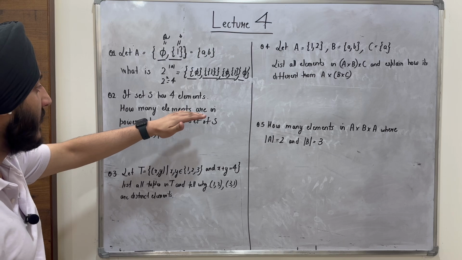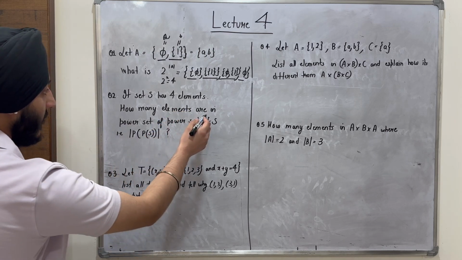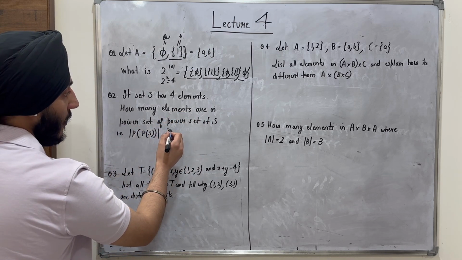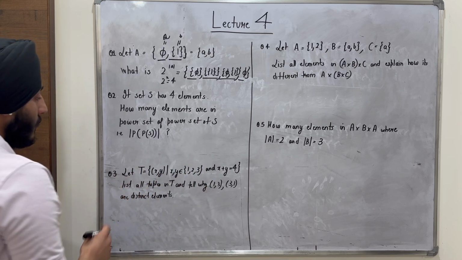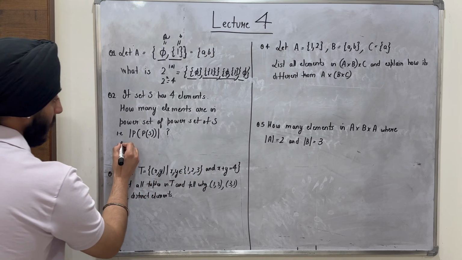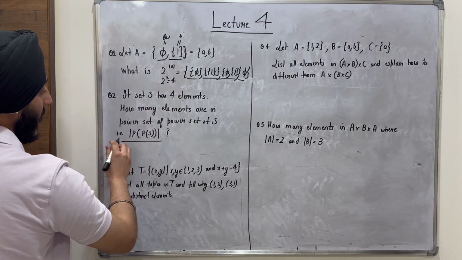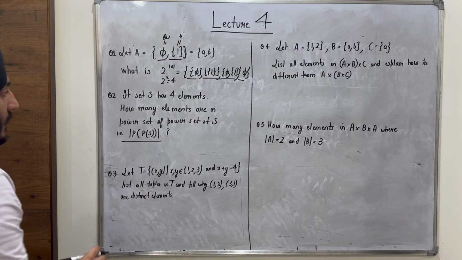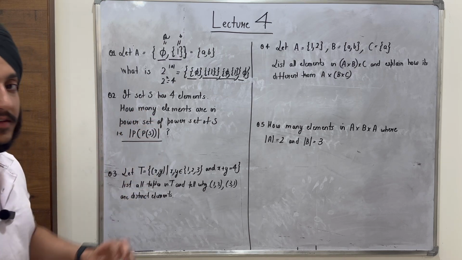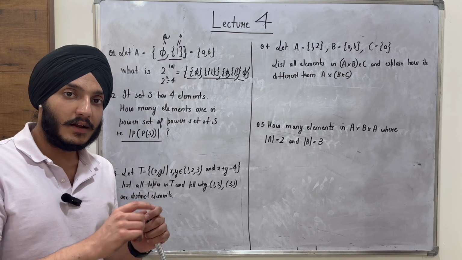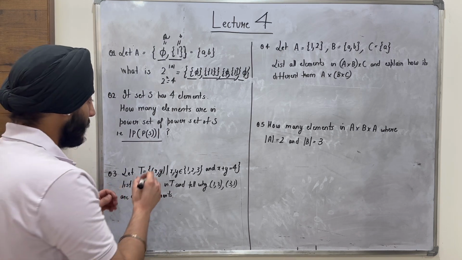If set S has 4 elements, how many elements are in the power set of the power set of S? So this is another way we represent the power set, right? In the last video we covered this representation, and we can also represent it like this. So S has 4 elements. Now think about it, right? The power set of S